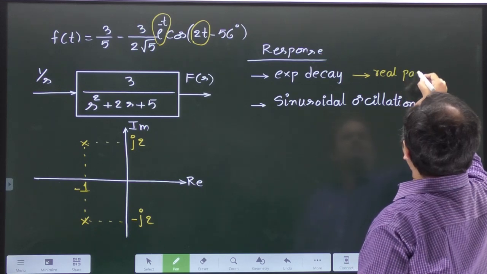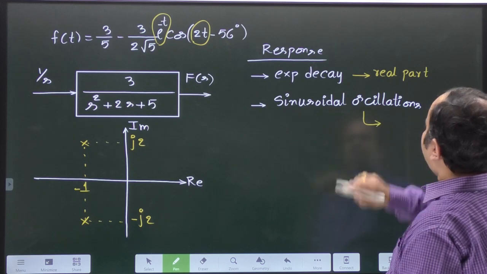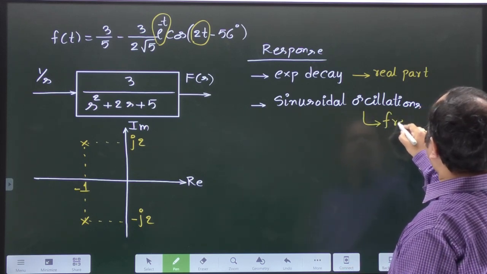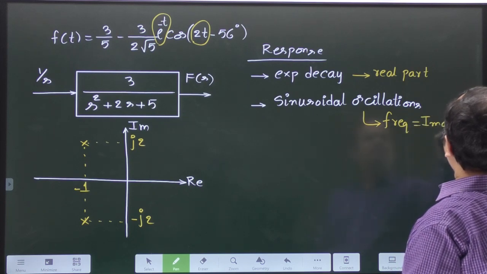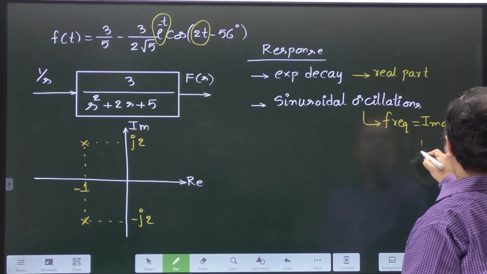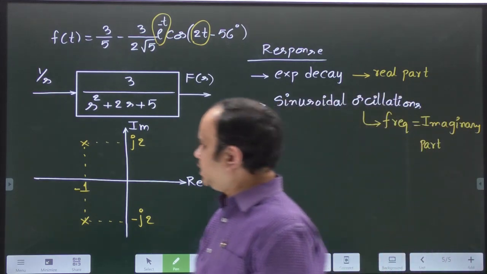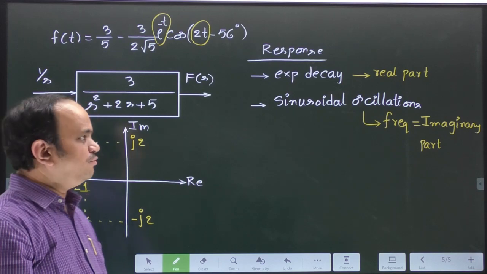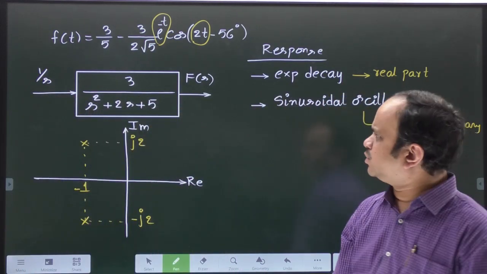This exponential decay is decided by the real part of the system pole. Sinusoidal oscillations whose frequency is equal to the imaginary part of the system pole. In this way, this particular Laplace transform has very important application in the control system